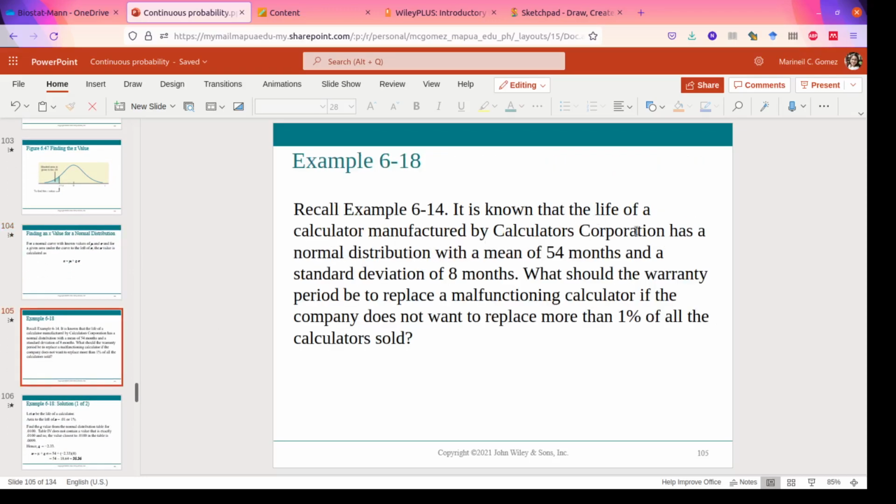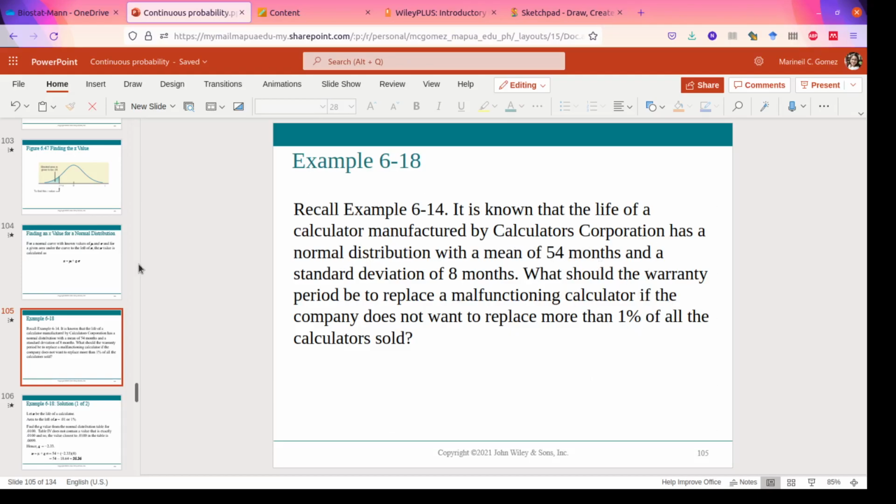The life of a calculator manufactured by Calculators Corporation has a normal distribution with a mean of 54 months and a standard deviation of 8 months. What should the warranty period be to replace a malfunctioning calculator if the company does not want to replace more than 1% of all the calculators sold? So that means the calculators, or what is